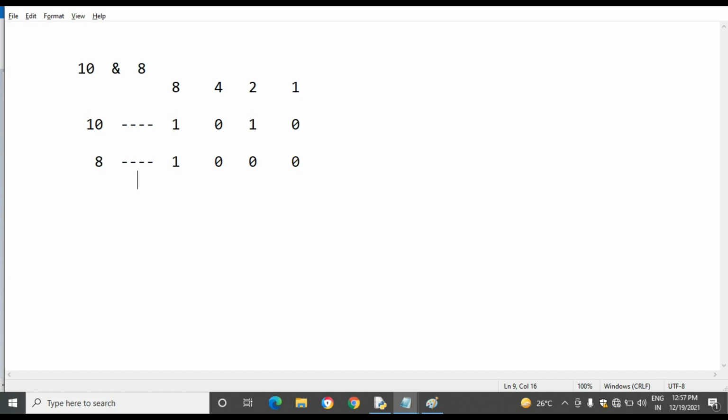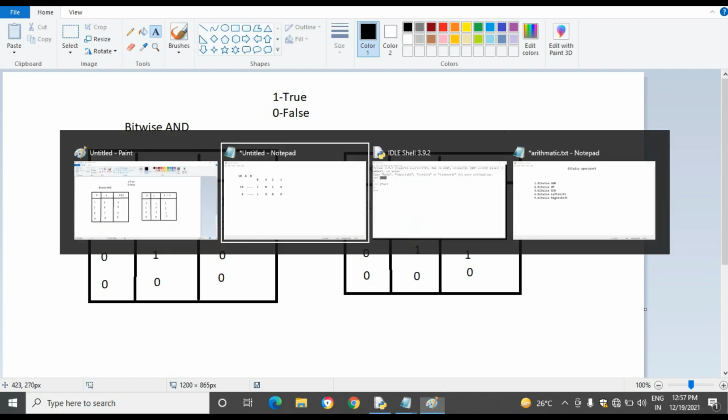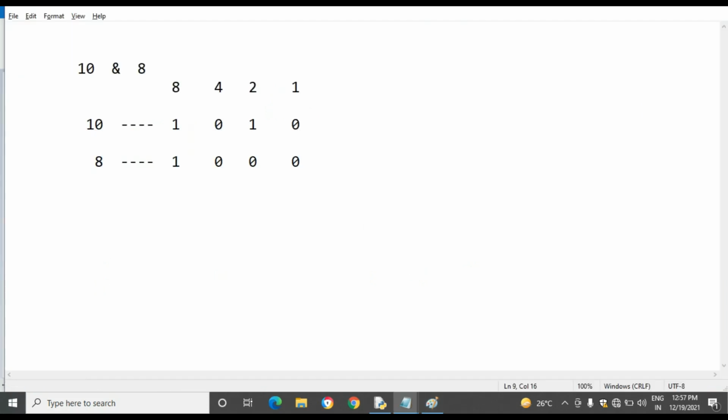We have seen the bitwise AND table. If both conditions are true, then only it will display the result as true. If any one of the conditions is false, it will display the result as false. Let's see.